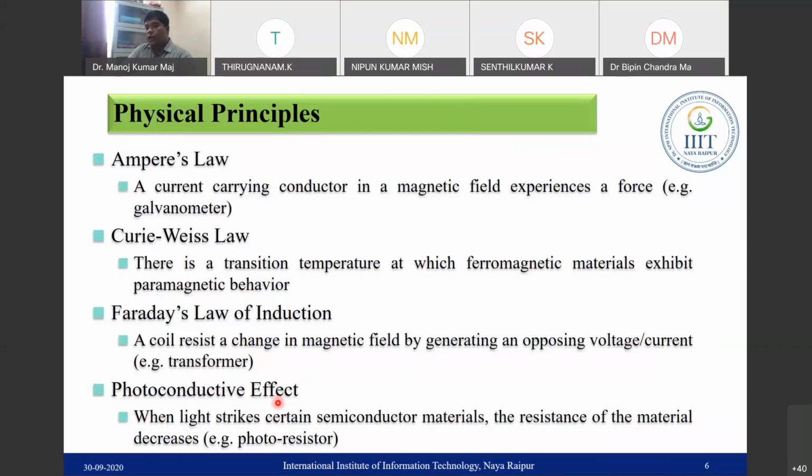Then the photoconductive effect. Photoconductive means that when light strikes certain semiconductor materials, the resistance of the material decreases, and only then can the current be conducted. This is the photoconductive effect. Using this photoconductive law, we can also use this property as a sensor. Next one,